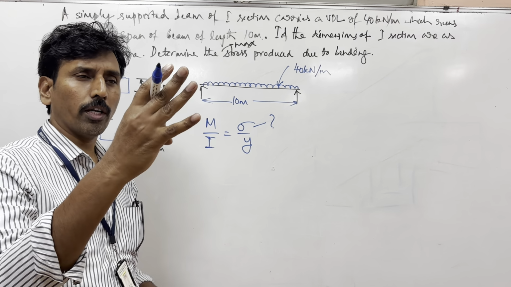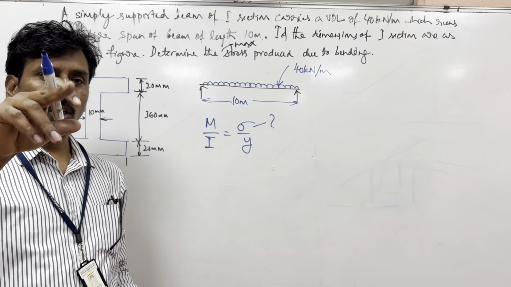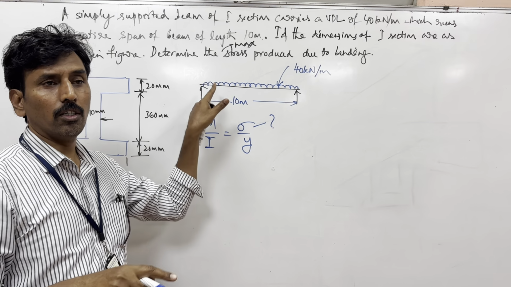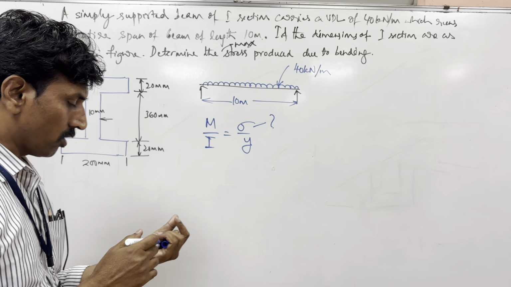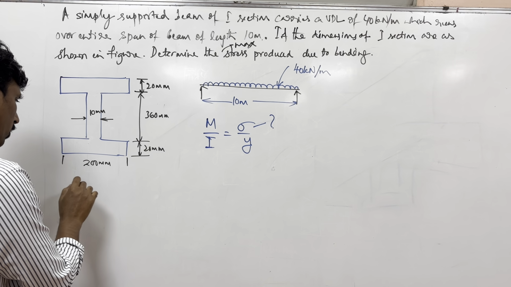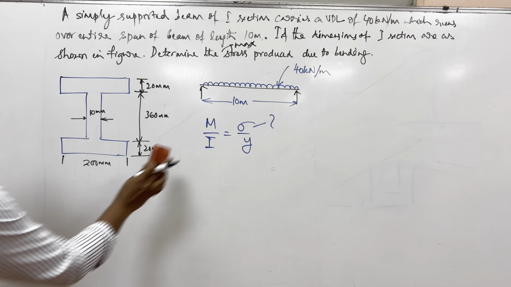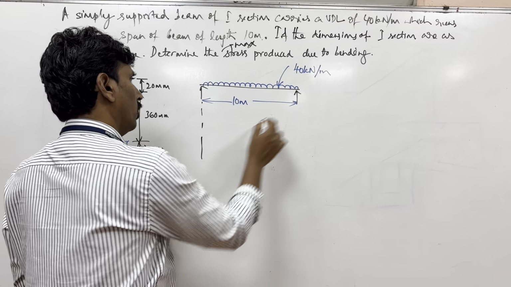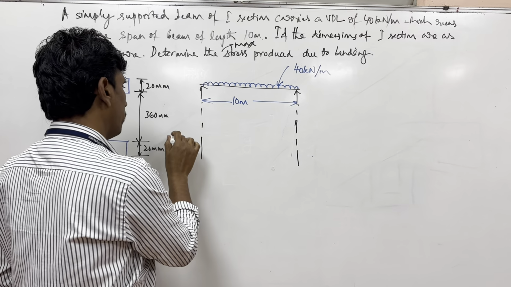We have seen 4 cases earlier: cantilever with UDL, cantilever with point load, simply supported with UDL, simply supported with point load. In that case, how much is M max for this case? So for this beam, let me erase this because I can draw this directly below here. Definitely, if I try to draw a bending moment diagram,